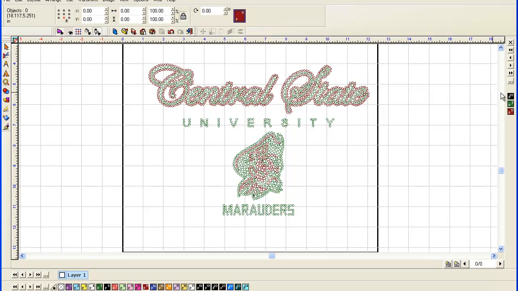And now that leaves us with the number 20 color up here. And I'm going to double click on that color. And it's only a very few rhinestones here in the center of the design. And I'm going to make those number 12 blue here. So I don't know if you'll even want to use those particular stones, but that's what we do to convert this design from its original colors, the 19 through 24 colors you see here, to our Ioline Crystal Studio colors, which you now see over here on the right hand side. Now I'm going to select this design, and I'm just going to go up here to File,